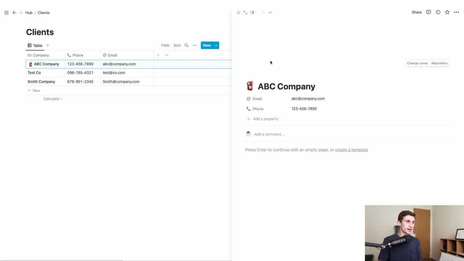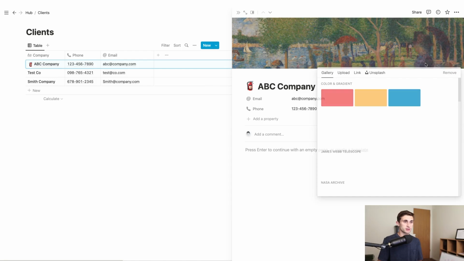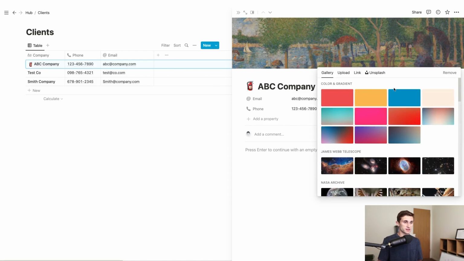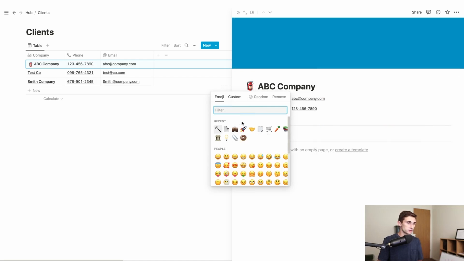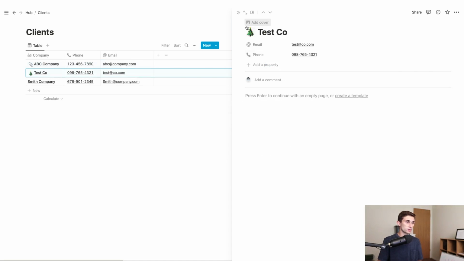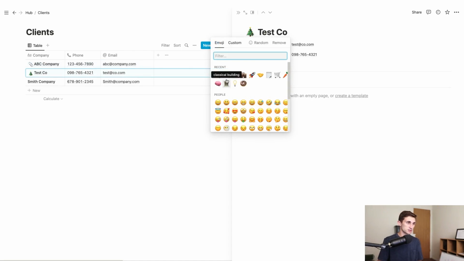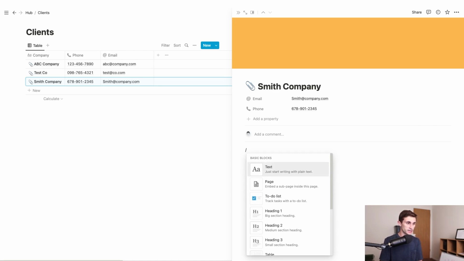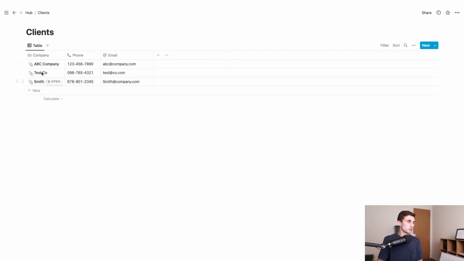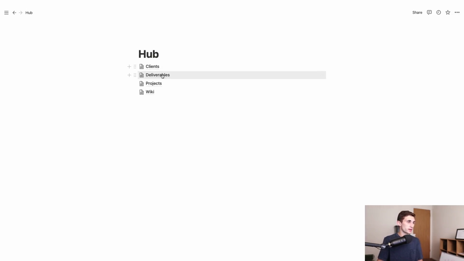And then when you add a cover, you can put in a color or something like that, maybe their brand colors, and that will look pretty nice. I'm just going to go with some emojis for these icons just to give them a nice look. And down here, you can add any sort of notes that you want, or you can add any other blocks that you want to add in here. Now that our clients table is pretty much done, we can go back to our hub and we can go